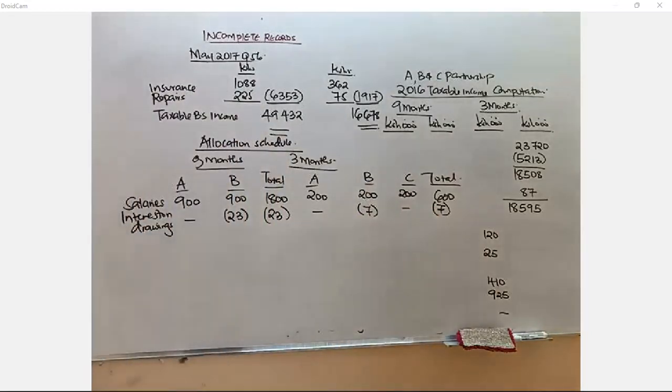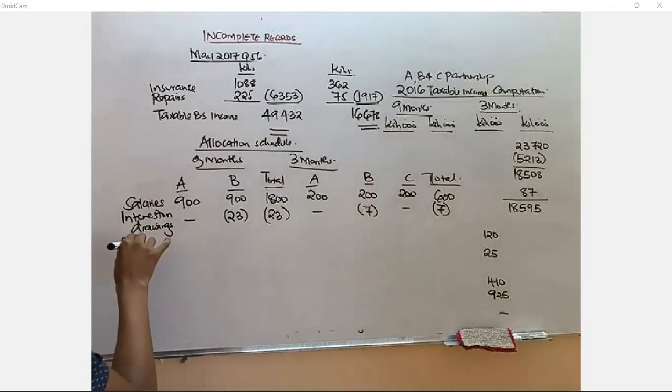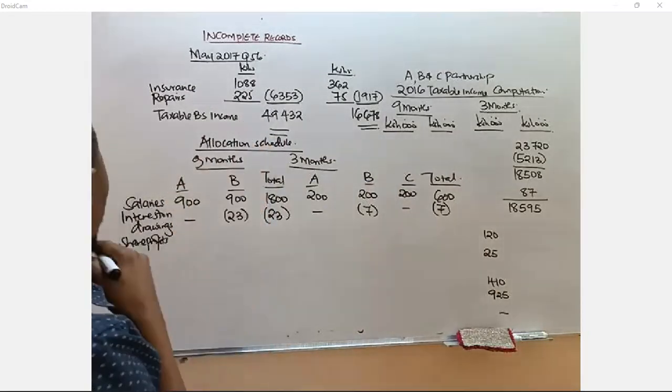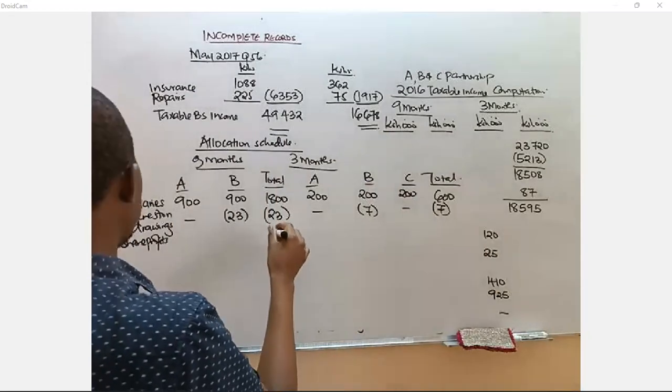Do we have anything here? We say no. What are we supposed to be doing? Let us share our profits and losses. Let us share profits, right? In this case, when I look at the profit for 9 months, the total here